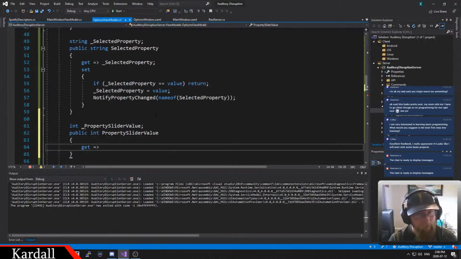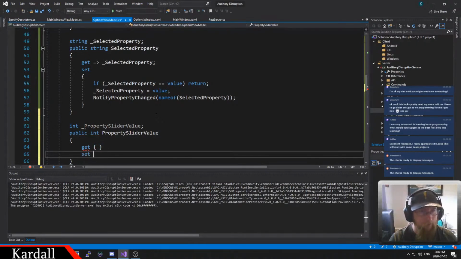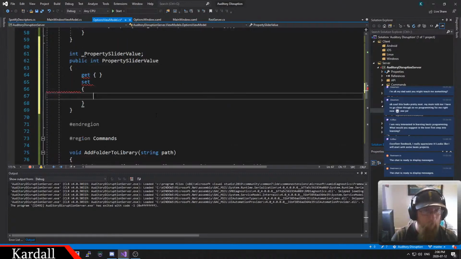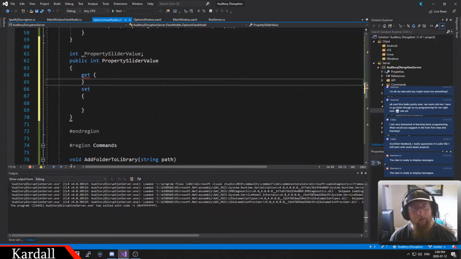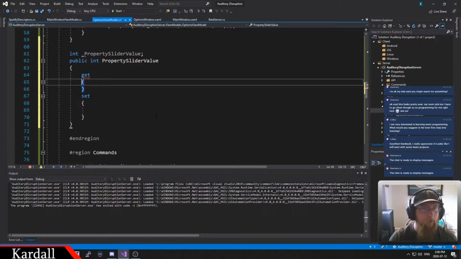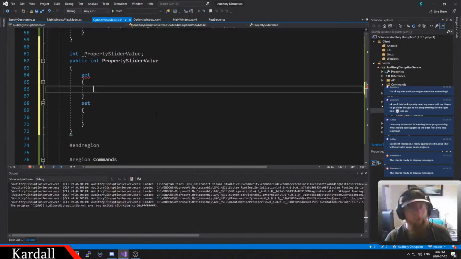When I get it, I'm going to do this, and when I set it, I'm going to do this. The problem is that I don't know how to do this yet. Get, I'm going to return the,